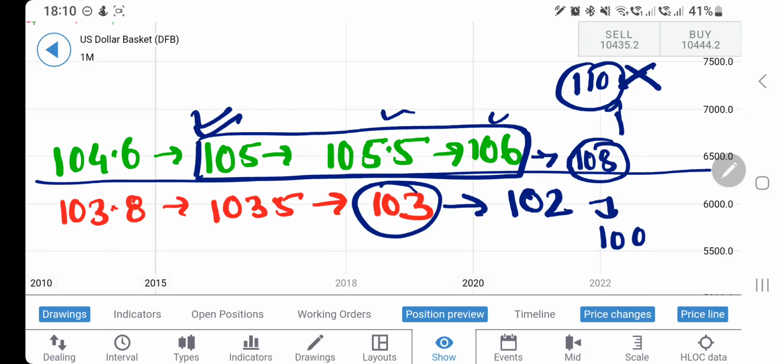Once it goes below 100, sooner or later in the next few weeks or few months, it will definitely trade below 100. That is my target for this. Possibly it can try to achieve this soon. Maybe it may take a few months, maybe a few days or a few weeks, who knows. However, it may try to attempt these levels before it looks at any further rally. So take your positions accordingly, trade accordingly for the month.